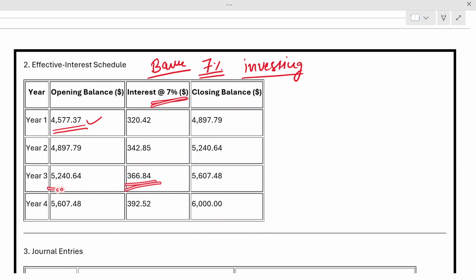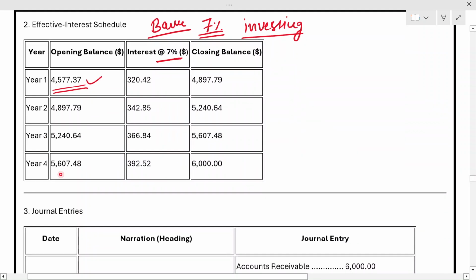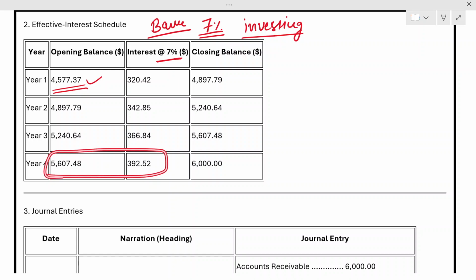If you add these up, at the end of the third year your bank will have 5,607. Then at the beginning of the fourth year you have $5,607 and you get 7% interest again, so 392 will be the interest. Finally, if you add both of them, after 4 years your bank will have